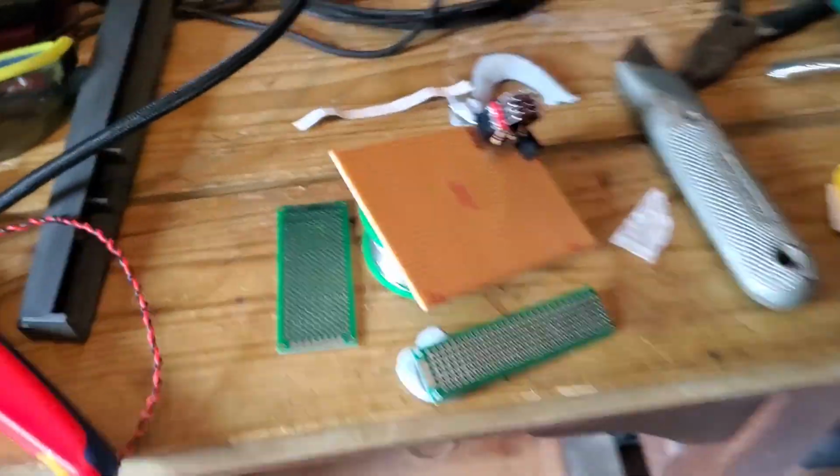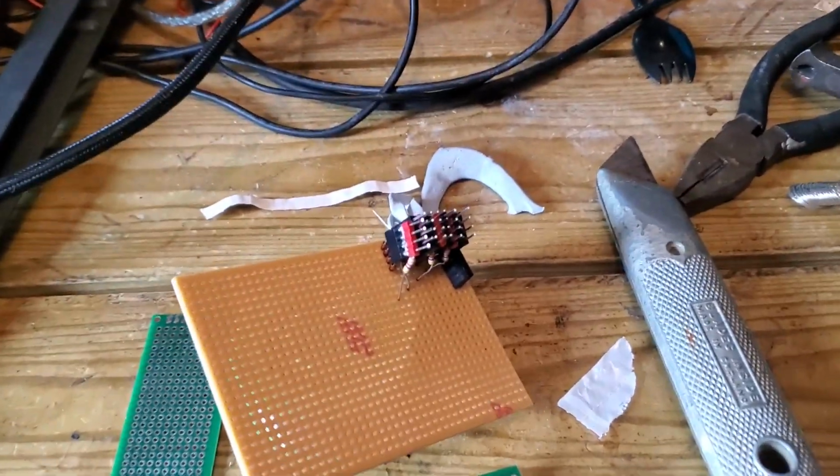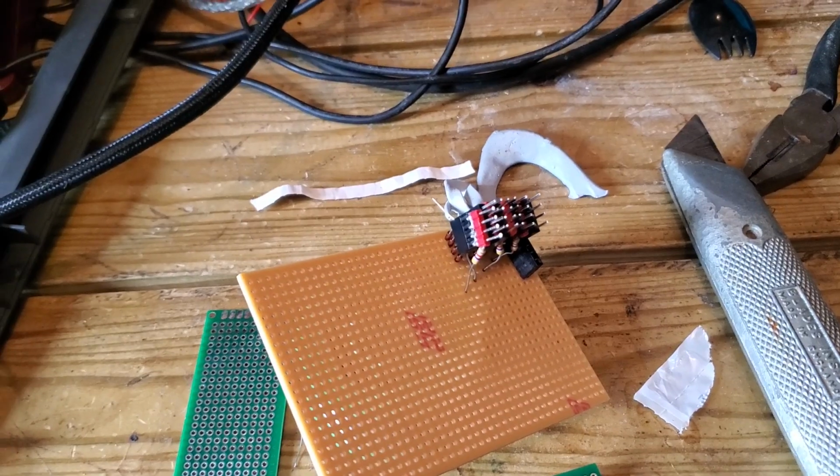Much easier than the way I did it before. Well, is it much easier? I don't know. Probably it's much easier to print a PCB, use some surface mount, and do it that way. But this will do for me, because